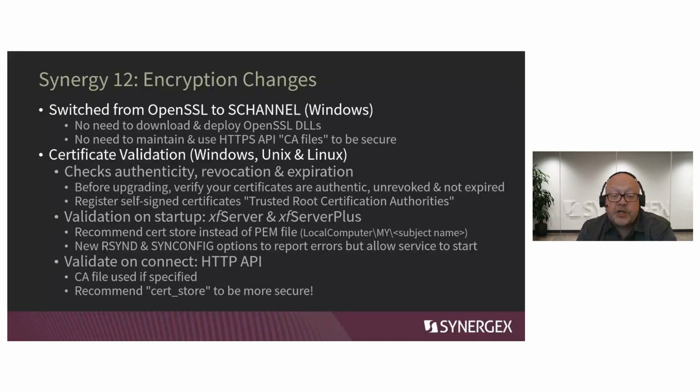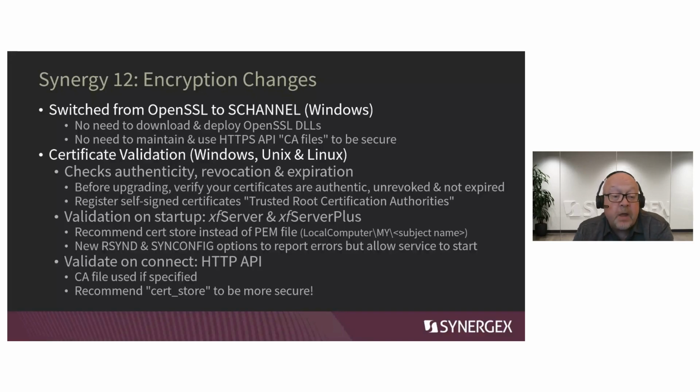And finally, another change to consider is a slight change when using the Synergy HTTP API to make secure HTTPS calls to websites or services. Previously, to make HTTPS calls securely, it was necessary to provide a certification authorities or CA file. A certification authority is a trusted external entity from which cryptographic certificates may be purchased or otherwise obtained. The CA file you provide contains one or more certificates that identify those certification authorities whose issued certificates you are